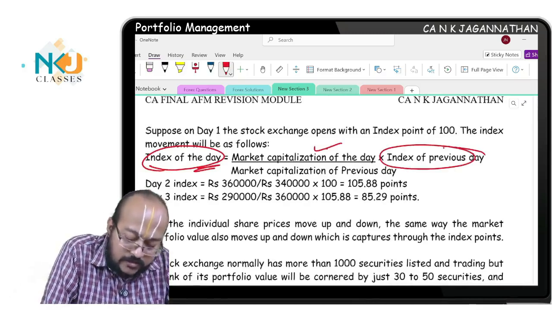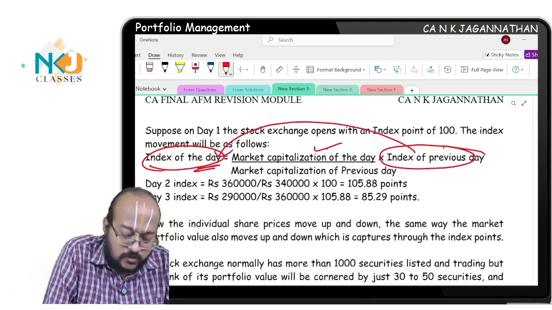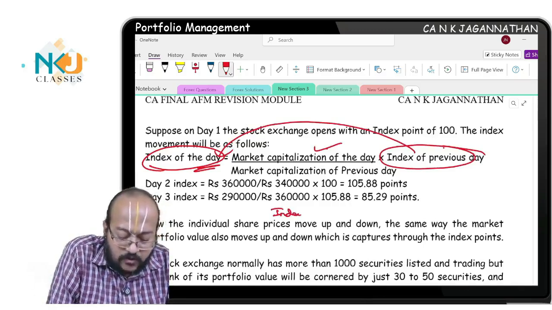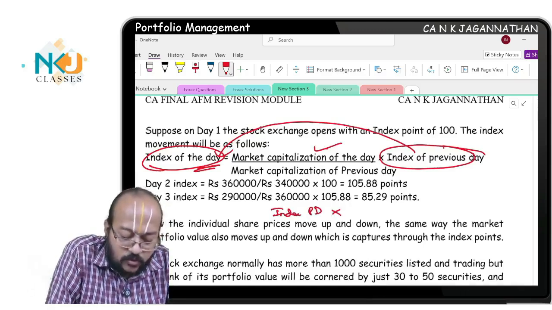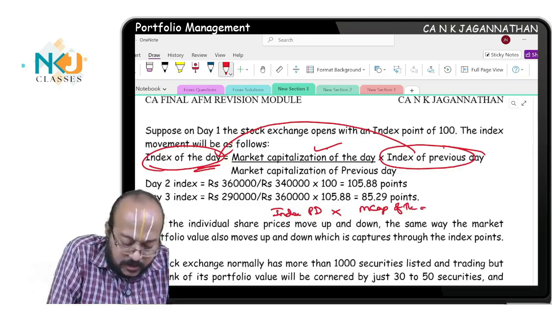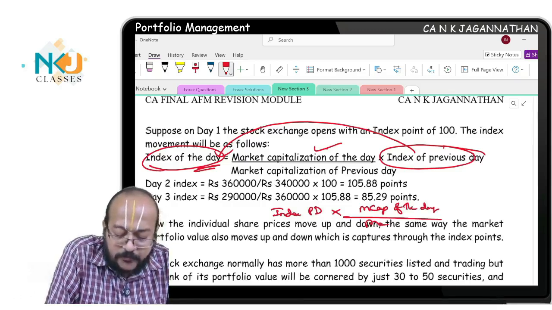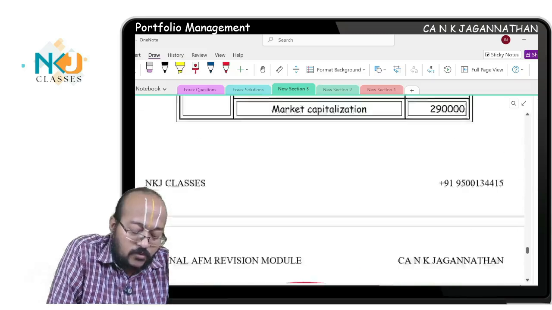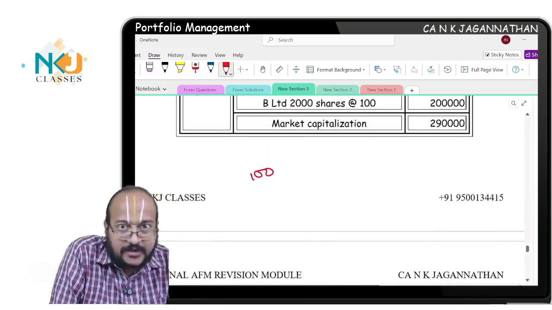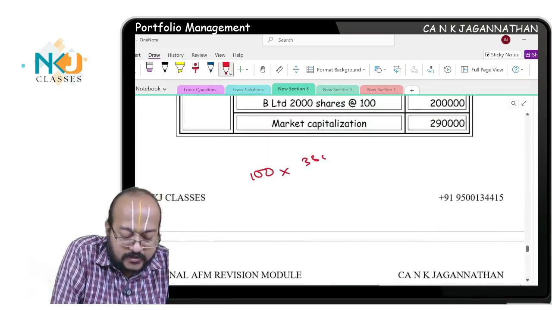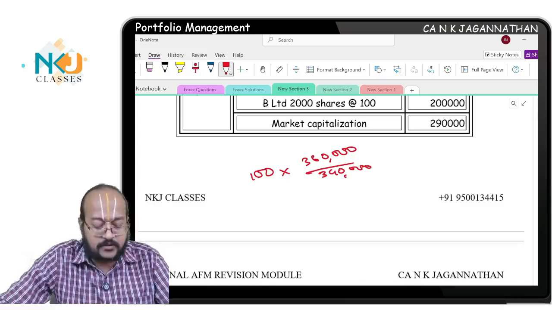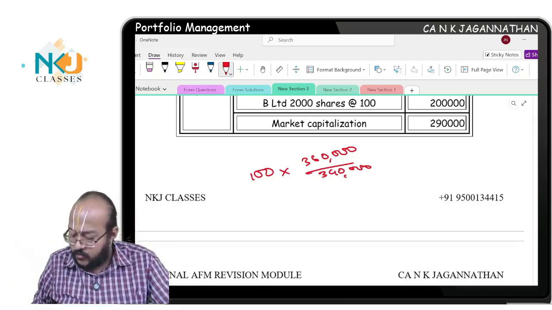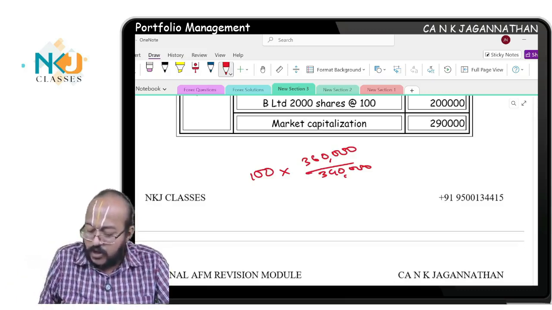See, you can write it like this. Index of the previous day into M cap of this day divided by M cap of the previous day. You will get 100, just now I told you 100 is the base index point, into 3,60,000 divided by 3,40,000. How much is that? 100 into 36 by 34,